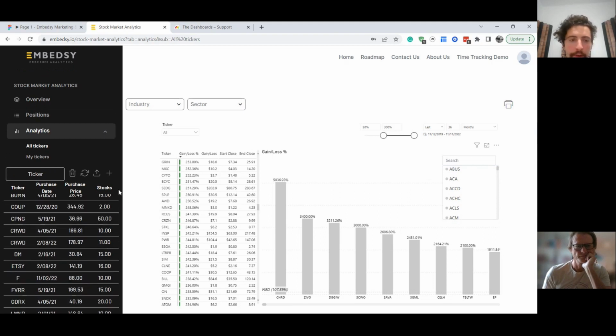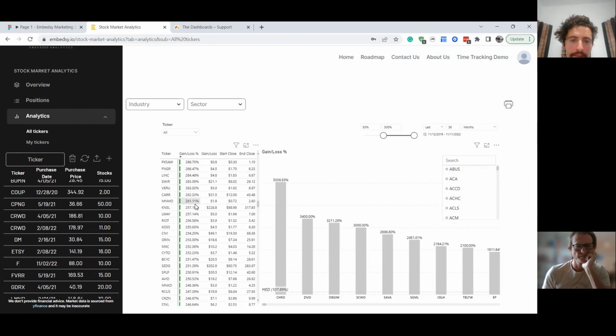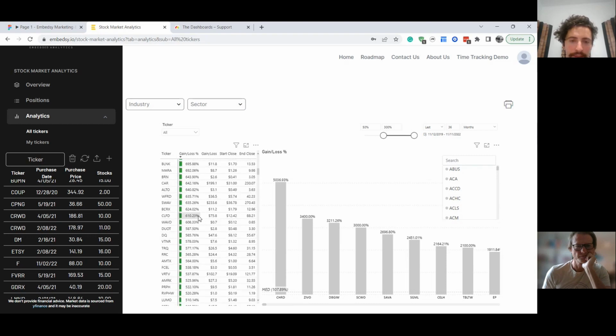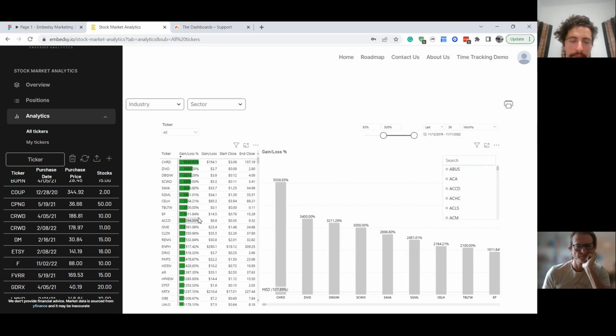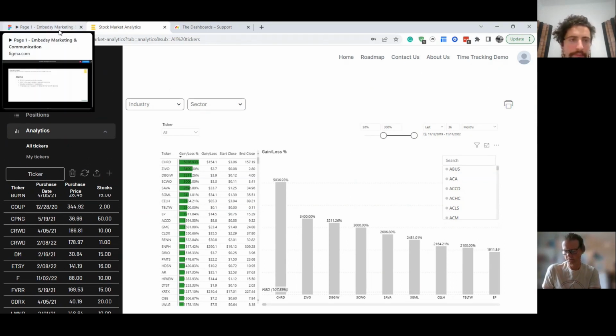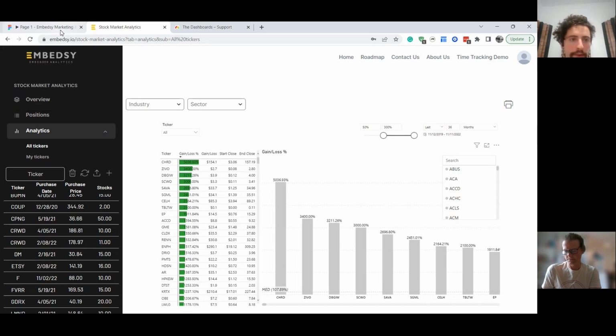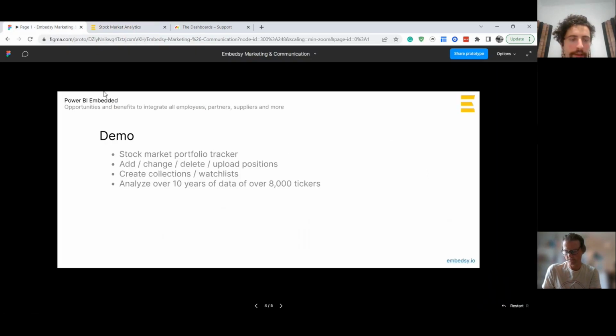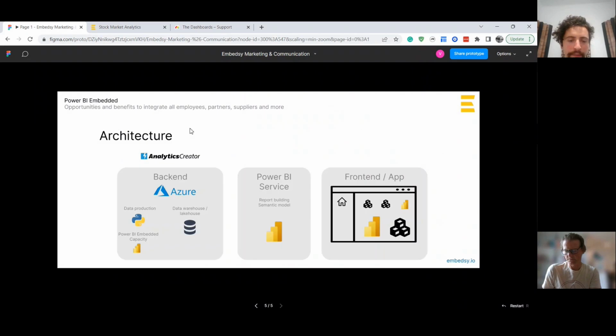Right. So hopefully you'll see that it's more complex than a pie chart and a bar chart, and we're trying to show what companies can do with these kinds of solutions. Now, if I still have time, I'll go into my last slide here. Yes, of course, there's still time. Yeah, and explain a bit of the architecture.